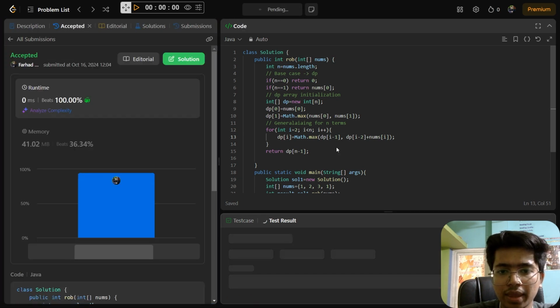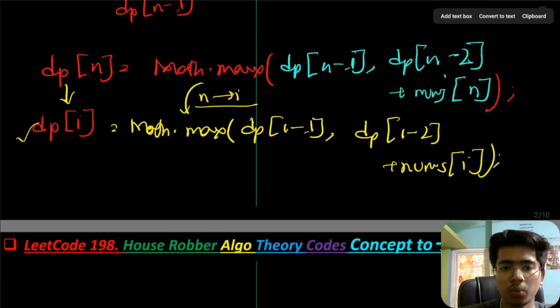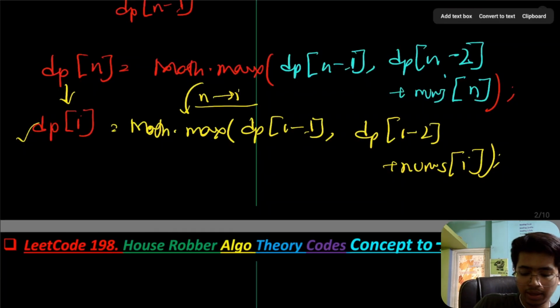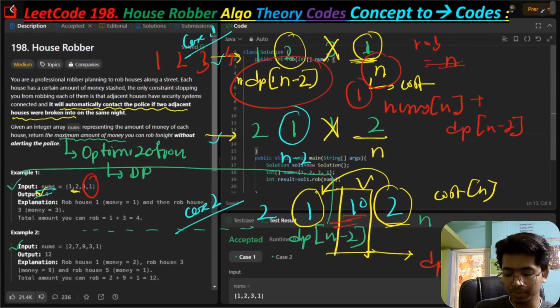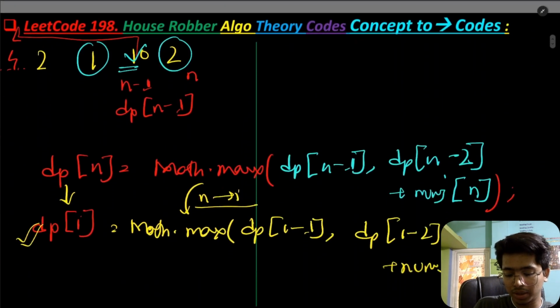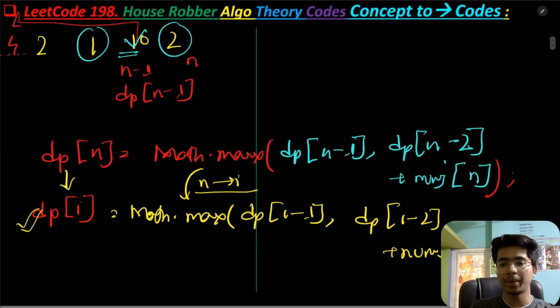So you understand all the things, that it was a very easy program. We just generalized that one and we utilized the same formula in the main. So first thing in DP, we have to understand the problem. Then after understanding it, we have to generalize the entire program. First we understood case 1 and then case 2, and we combined them here. So this was all about DP. We'll be meeting in the next